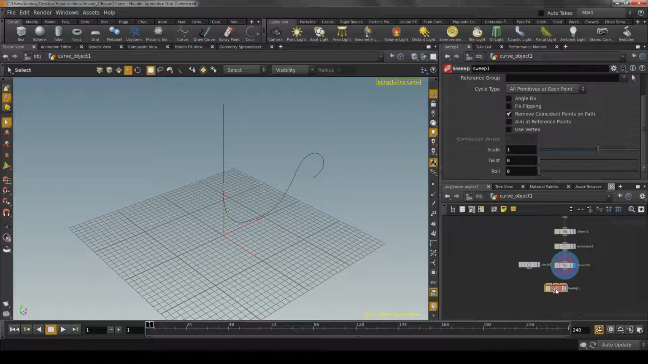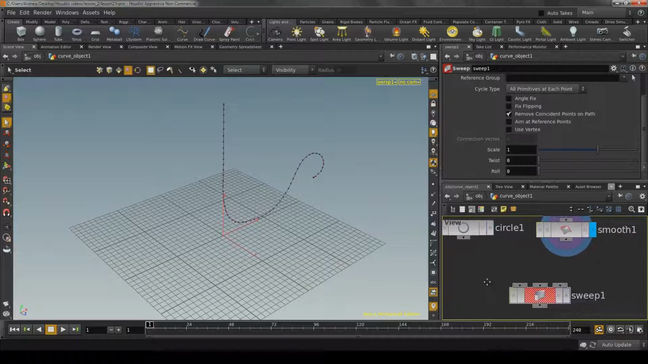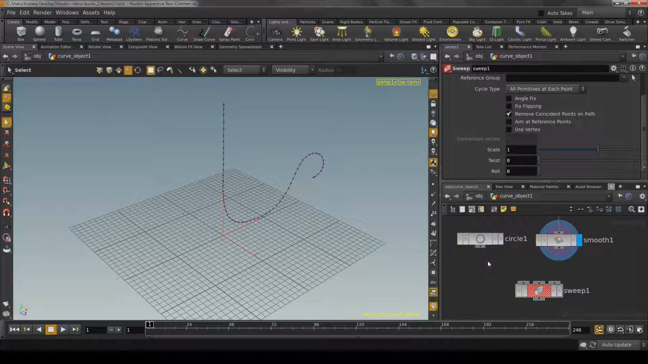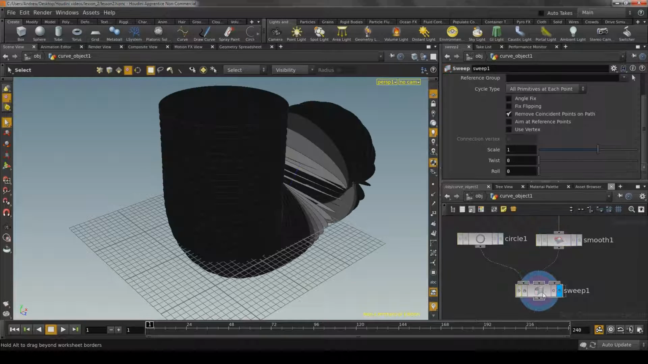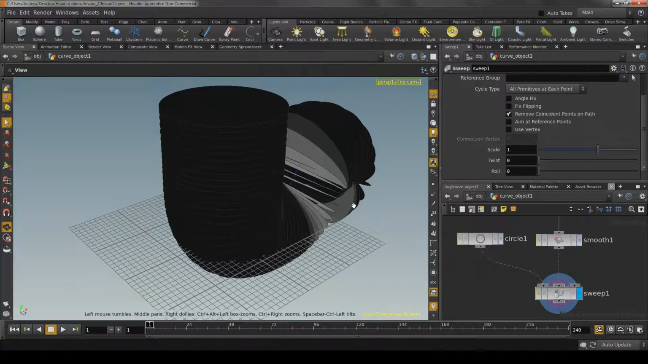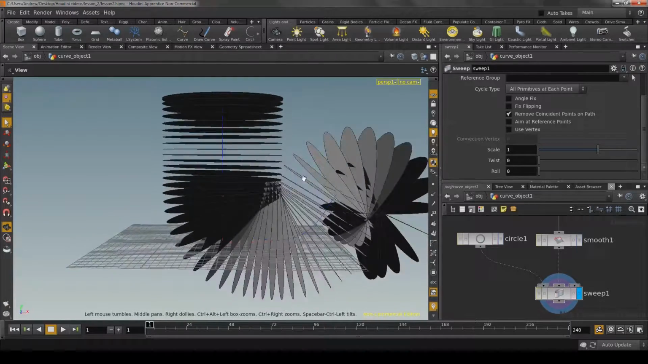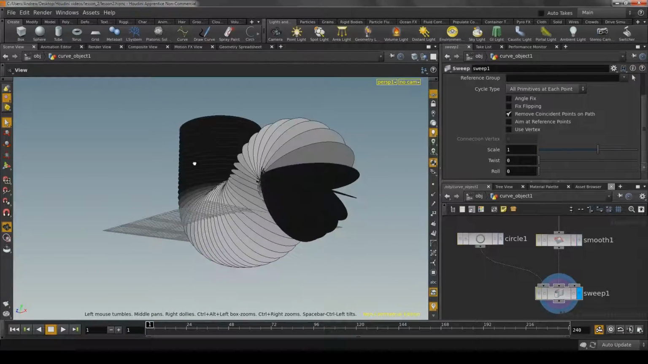Now the sweep node is going to take the circle, and it's going to make a bunch of copies of it along the path that we give it. For the first input of the sweep node, let me zoom in a little bit so we can see better, we want to put the circle. And then for the second input, we want to put the smooth node. And then when we turn the sweep node on,